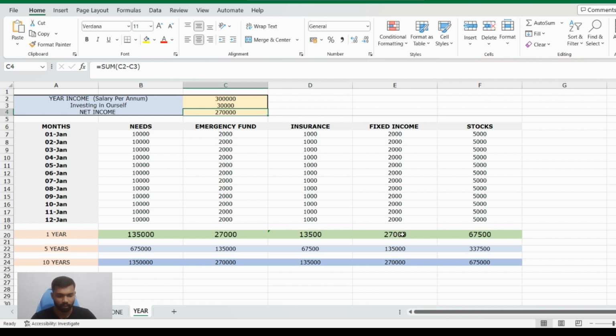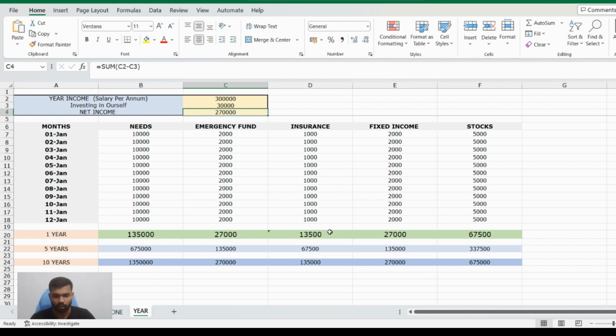Okay, with this 27,000, we cannot buy real estate or put it in an FD, but with 10,000, we can start buying bonds, government bonds and corporate bonds, with the help of brokers. I'm going to explain how to buy them in later videos. For 13,500, you will get a very good health insurance, almost a cover of 25 lakhs. We will see that in a further video.